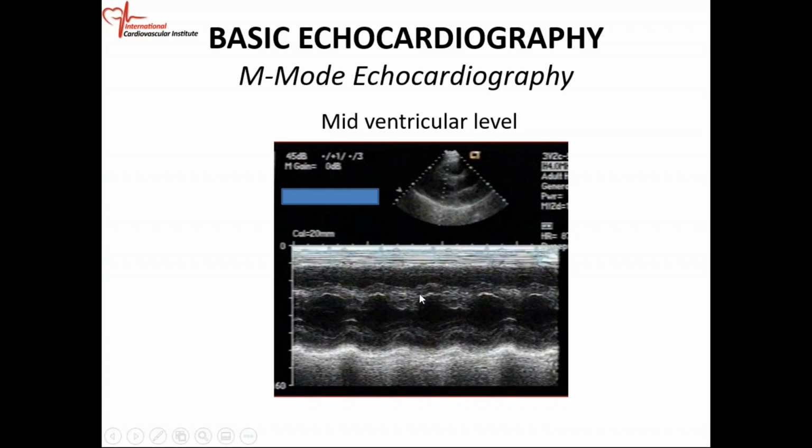Again, you need to know what's normal before you can determine what is abnormal. So again, the RV wall, the RV cavity, your septum, LV cavity, posterior wall. And the structures that are moving, you will see they're moving. The pericardium and so on is moving, so you can see it's not stationary like the chest wall.